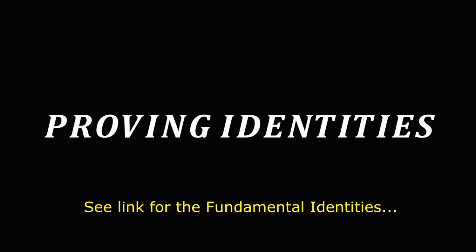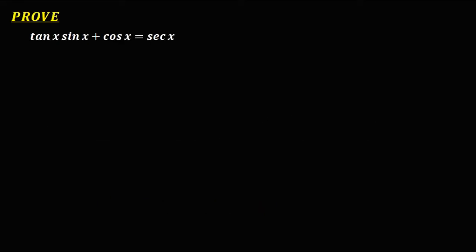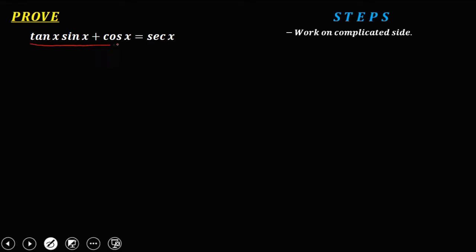Okay, so proving identities. So we have this given, so we need to prove that this given is an identity. So these are the steps in proving identities. So first, work on the complicated side. Now, since on this given, this is the complicated side, so we're going to work on this side, then change